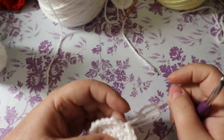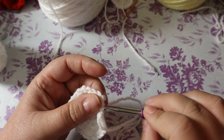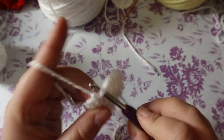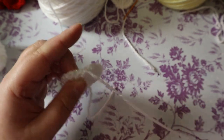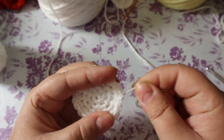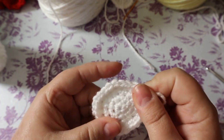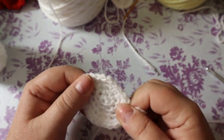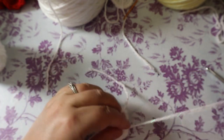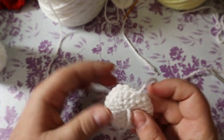So I've got my other one done. So I'm just going to go into this next stitch. I'm going to take this and I'm going to pull it through. Makes it look a lot better on the edge, and pull up on it. And I mean, you can stretch this out if you want. You can shape it any way you want, really. As far as this guy goes,